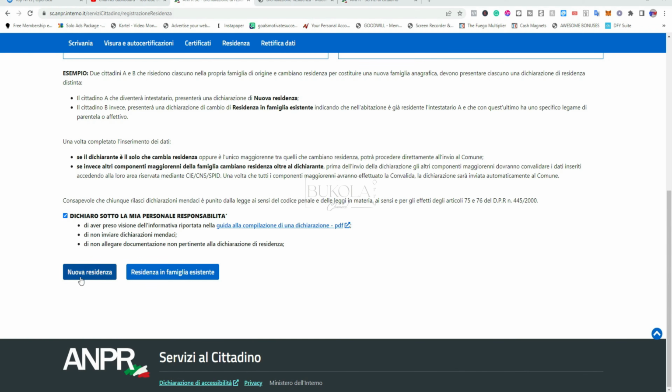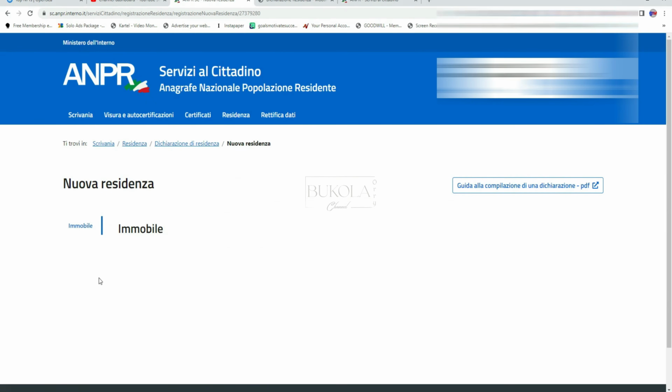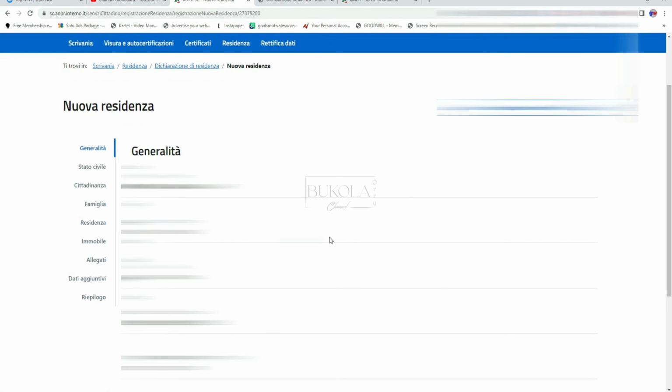So you go ahead to choose nuova residenza or residenza in famiglia esistente. So you choose the one you want. Okay, so maybe you click nuova residenza. As you can see, generalità: your name, surname, your gender, your codice fiscale, which is your fiscal code, date of birth, where you were born,